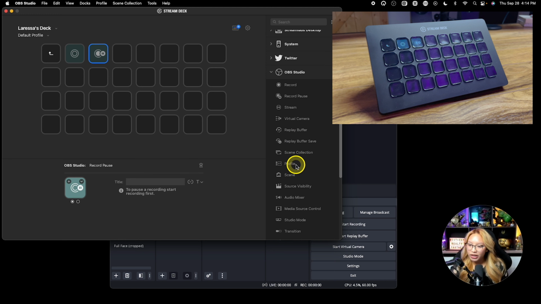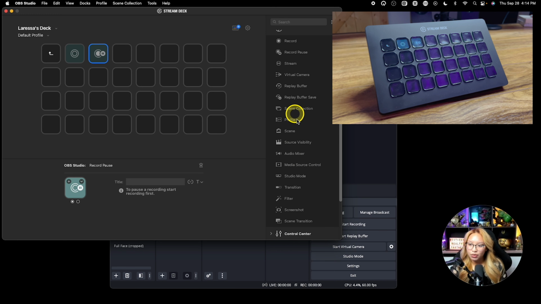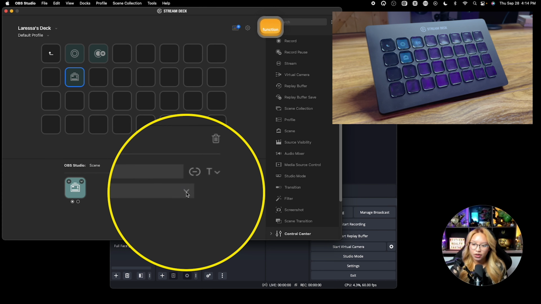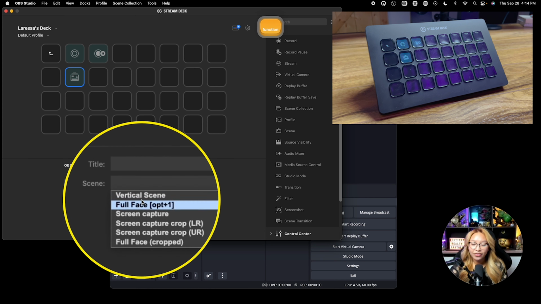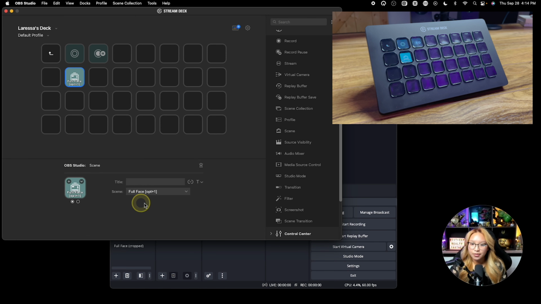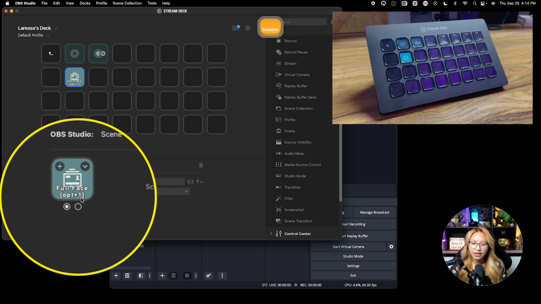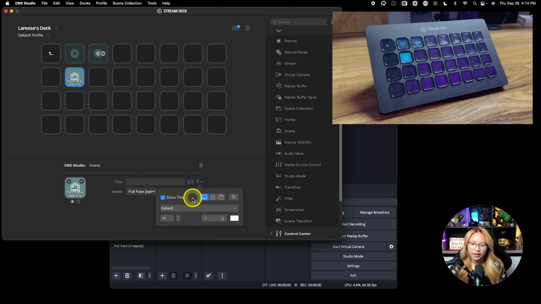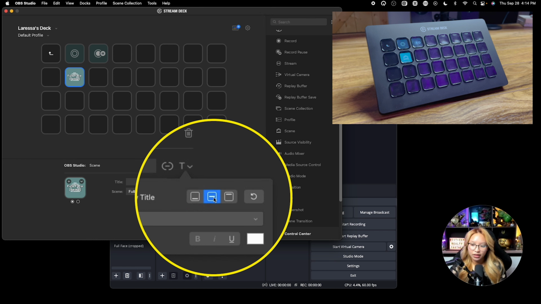And then what I typically like to do for my scenes is we got to scroll down here, go to scenes. So this is why we have to have OBS open, because we have to select the scene. So basically the Stream Deck application has to communicate to the OBS software. And once you do, what we have to do now is go here, open this down, and find the actual scene. So I like to do the full face, put that on, and then you can also change where the text is shown, either at the bottom, in the middle,